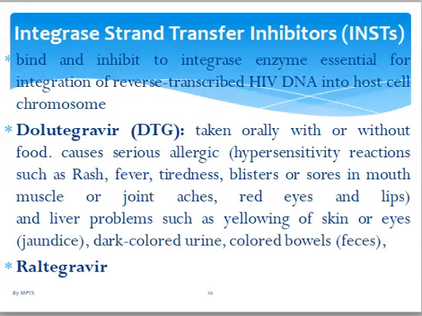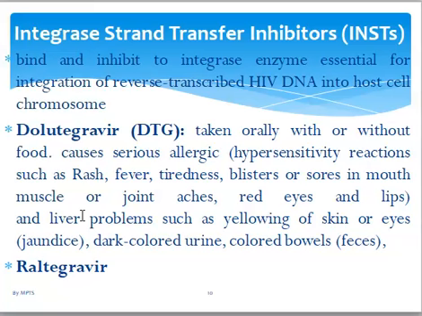Now, the integrase inhibitors. They bind and inhibit the integrase enzyme essential for the integration of the viral DNA into the host chromosome. Examples: dolutegravir or DTG, taken orally with or without food. It can cause serious allergic reaction, meaning rash, fever, tiredness, blisters, red eyes, very many effects. However, if it is given with